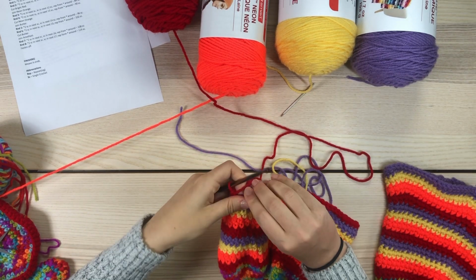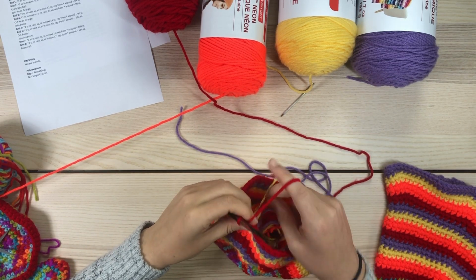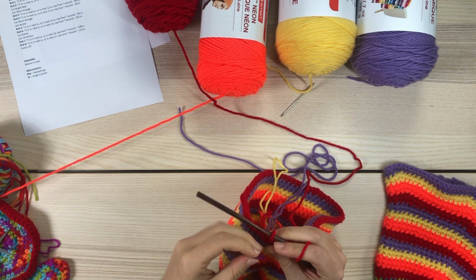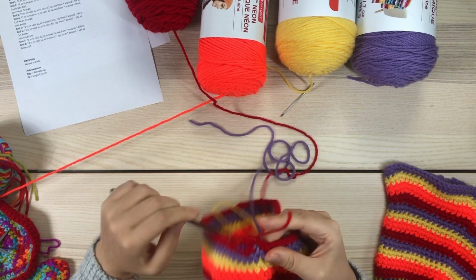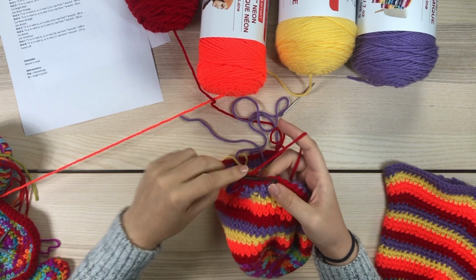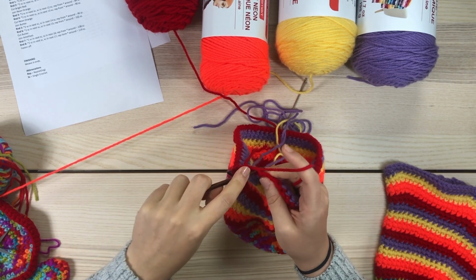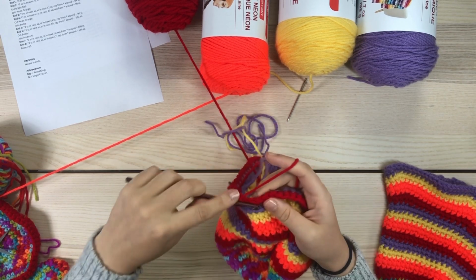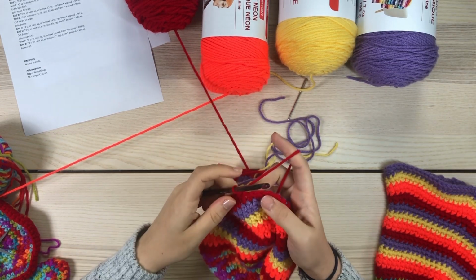So I'll do one more round with this just to show you those increases again. So I just moved the stitch marker, and I'm going to add it back into this first stitch. And then single crochet again in the same stitch, and then 11 until our next increase. So 1, 2, 3, 4, 5, 6, 7, 8, 9, 10, 11, and then our increase,